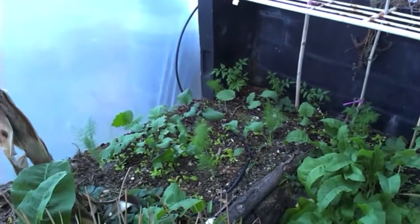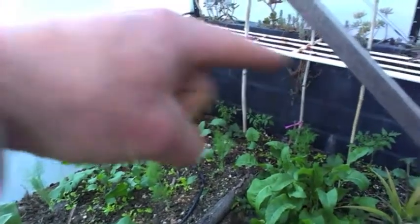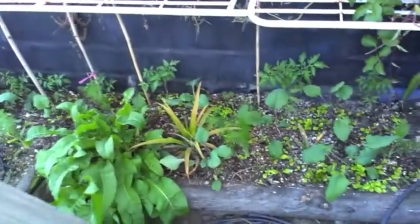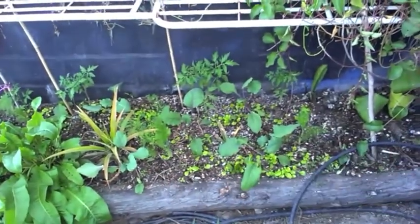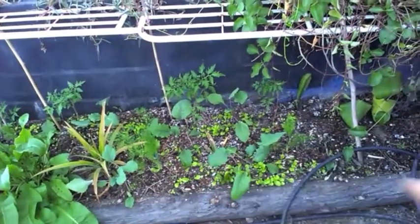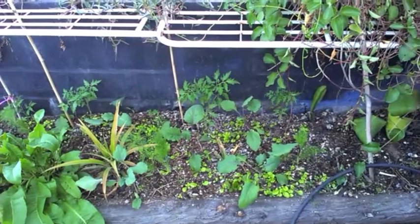There's fennel, there's brassicas, I don't know if that's kohlrabi or whatever, there's tomatoes along the back wall, there's a choco in there, and then we decided this time not to do any mulch, and instead we've planted densely, and we've also put a whole lot of lettuce seed down. So hopefully we'll have a coverage of the soil quite soon, just with lettuces and all these other veggies growing,